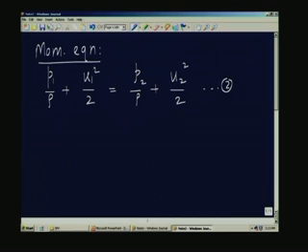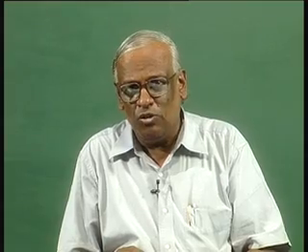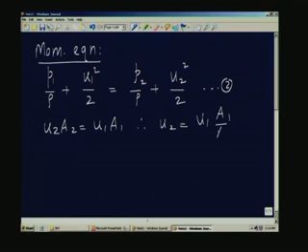So, we have two equations: the equation of conservation of mass, which became the equation of conservation of volume flow rate, and the second is the equation of momentum conservation, which on integration gives you this equation, assuming that the velocity is uniform across the cross section and is a function only of the location along the variable cross-sectional area duct. From equation 1, I can do the following. You remember u2 a2 equals u1 a1, and therefore I can say u2 is u1 into a1 divided by a2.